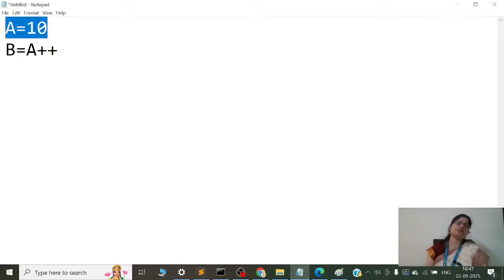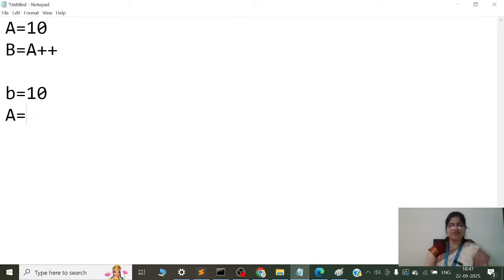So this is post-increment. First it assigns the value, then it increments the value. What it means is, first the value is assigned to B, so what is A's value? 10. It assigns the value and then it will increment the value. So A's value becomes 11.